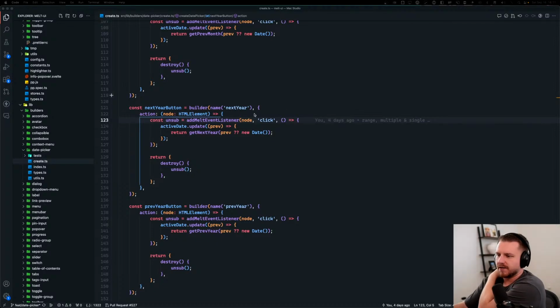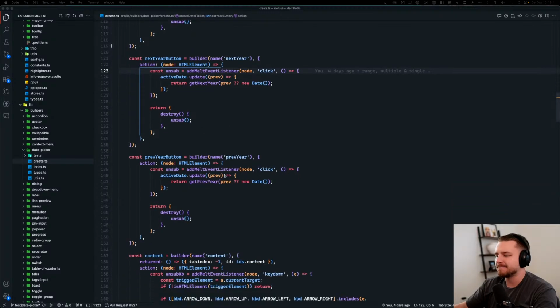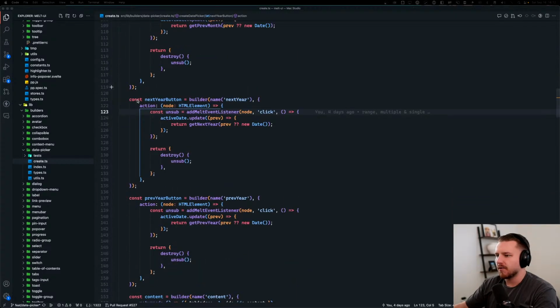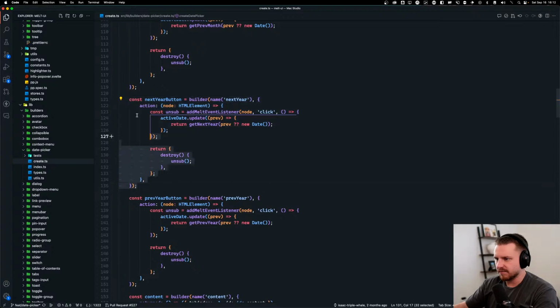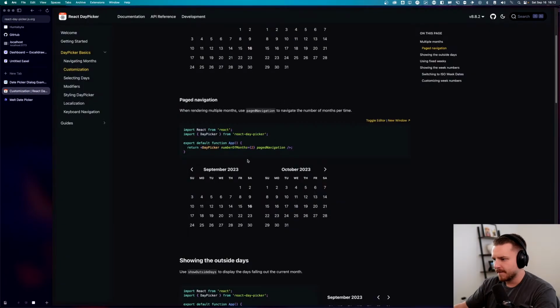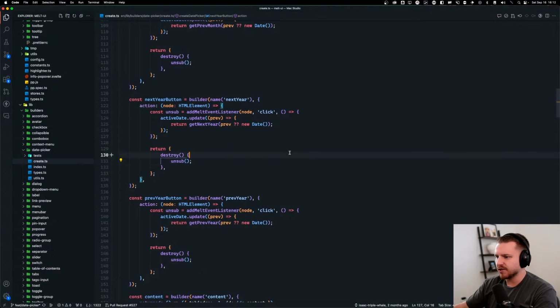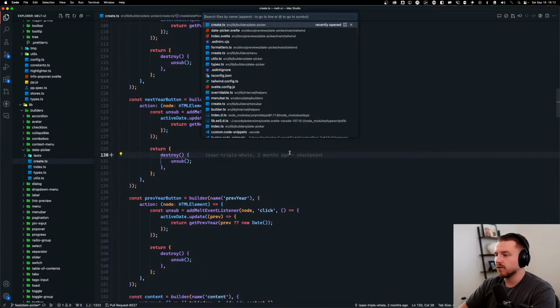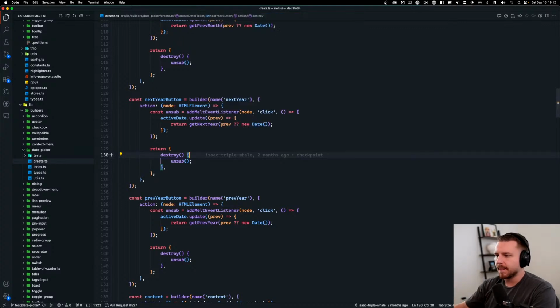Okay, so the next year button and the previous year button are responsible for switching the year. So we basically need to run a check here if we're in page navigation. Yeah, so page navigation is what will determine if we skip ahead two months or we skip ahead one month. And really,